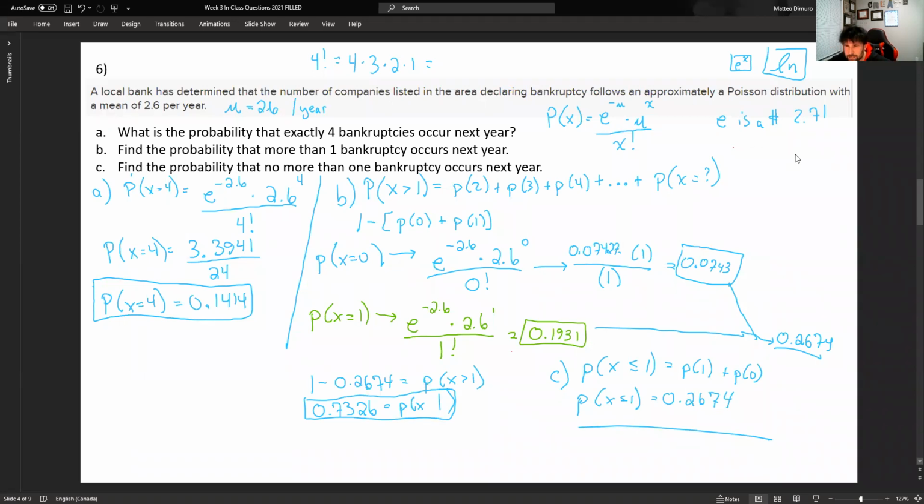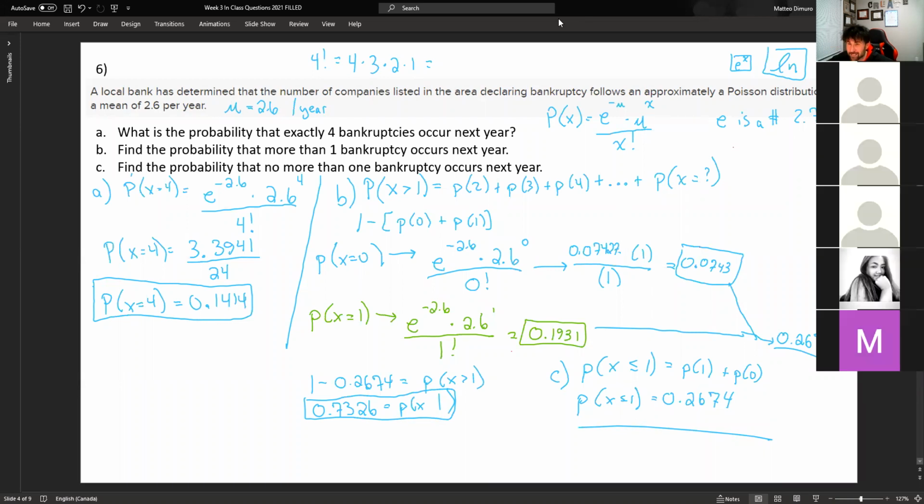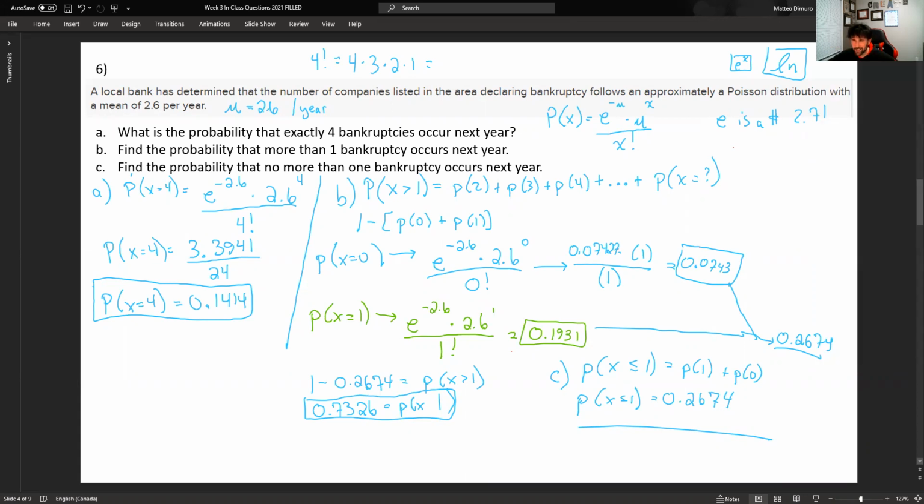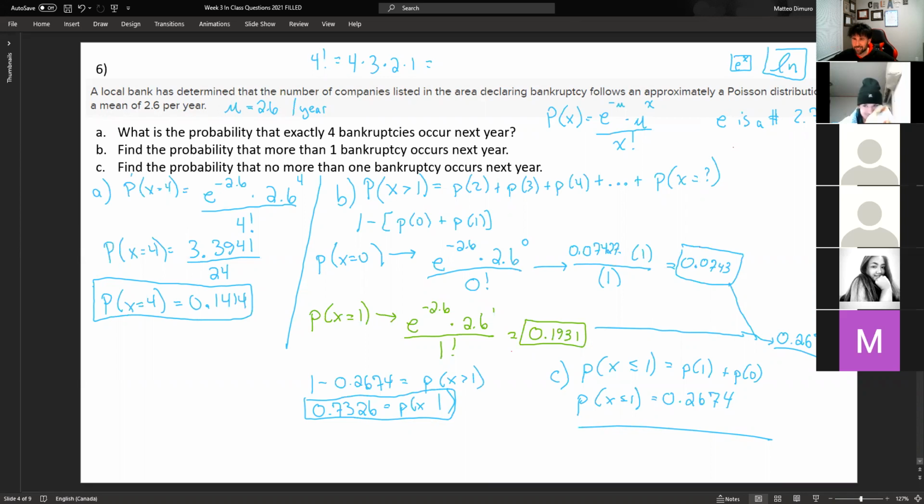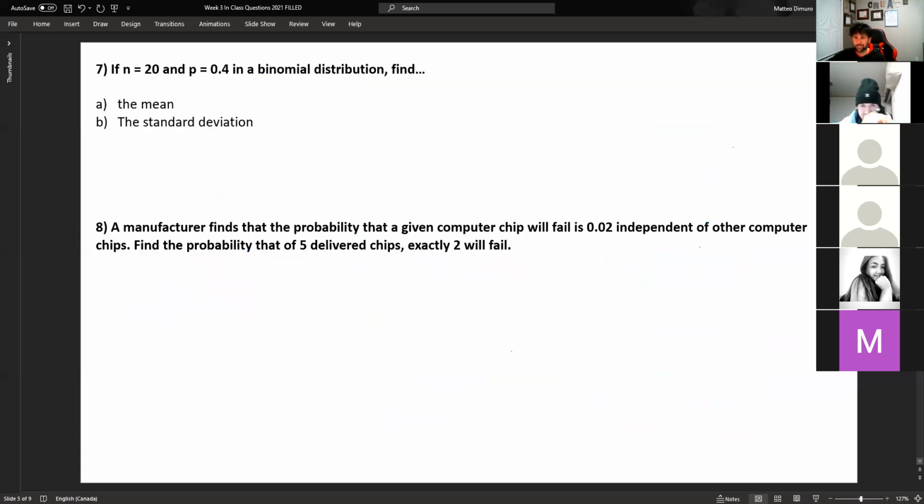Why isn't it showing my face in here? Does anyone know? Usually it shows whoever's talking, but I guess I can do this. I hope it's not showing just my face. No, well, on my screen it was showing different people, I think. But yeah, there we go. Usually, see now, well, now it is just your face, Zach. Well, you know what? Because you're one of the only people who turns on their camera, I'm gonna not do that to you. There. Okay, let's move on to the next one. All right, we're gonna show. I kind of like having my face. Oh, there we go. That's not bad. Well, let's try that. Okay.